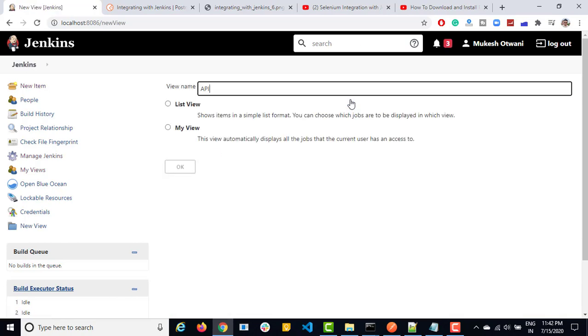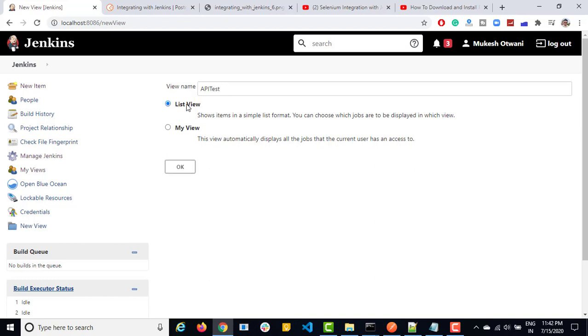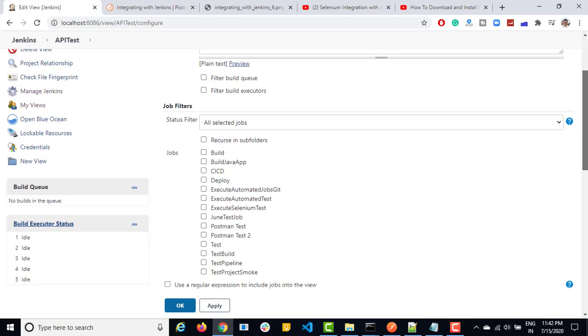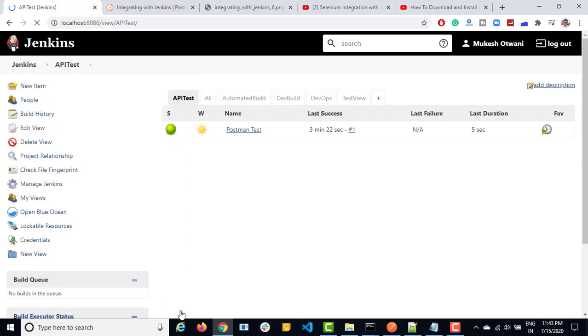Here I will say API test, or if you want to be more precise you can say Postman API test, depending on your requirement, and I will select this as a list view. I want to display all the jobs as a list. Click on OK, and now it will ask which jobs you want to show within this view. I will select Postman test and Postman test 2 and click on OK.